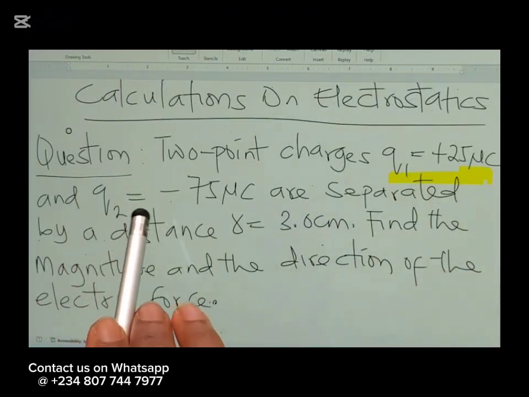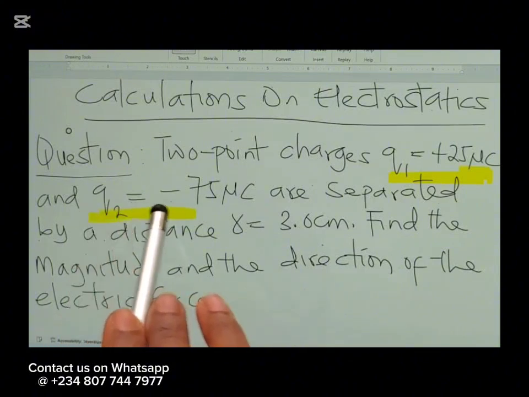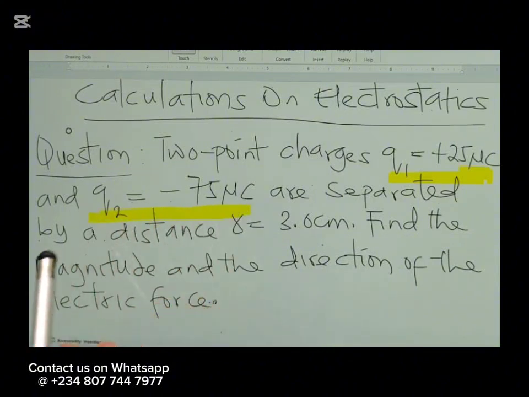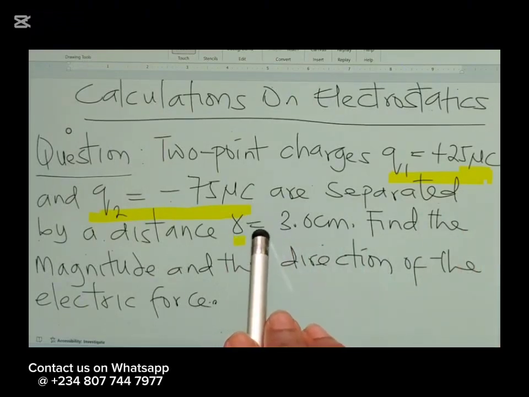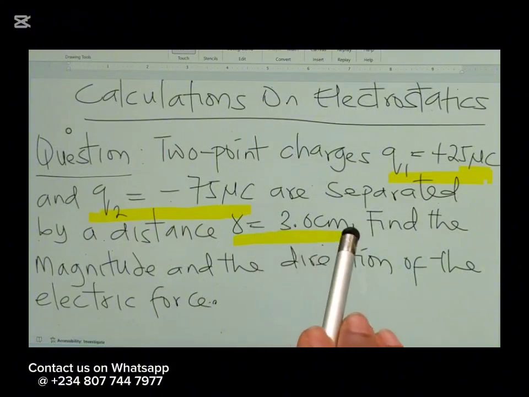And Q2 is minus 75 microcoulomb, please take note. They are separated by a distance of 3 cm. We are asked to calculate the magnitude, that is the size, the number, and the direction of